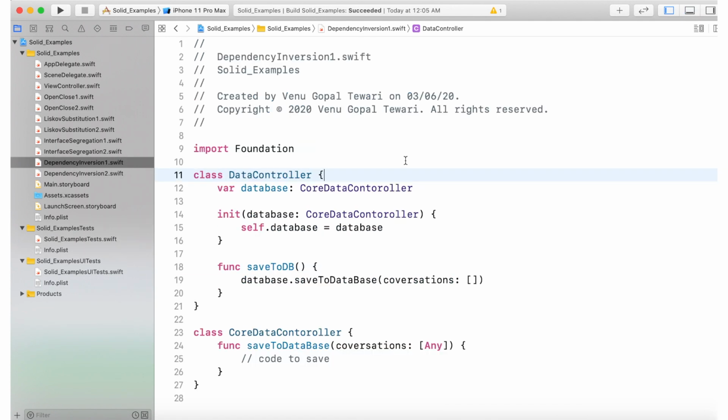The dependency inversion principle is completely dedicated to removing dependencies from your application. It works in such a way that it reduces the dependency among your software components so they become more and more reusable. As an example, we have a data controller class and a core data controller class